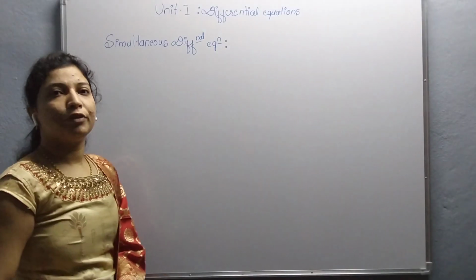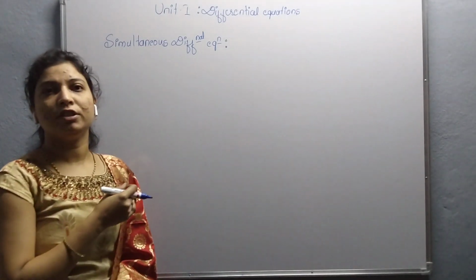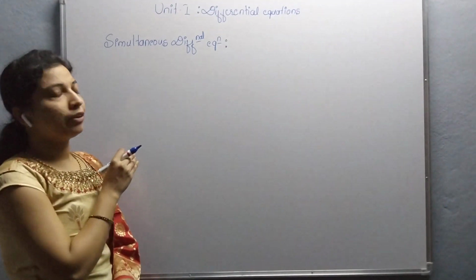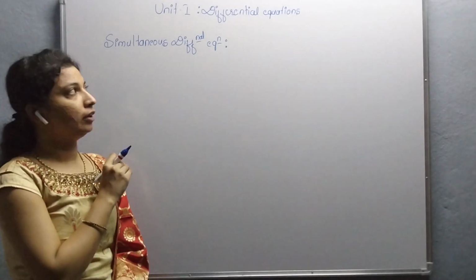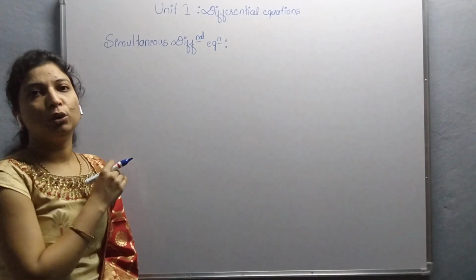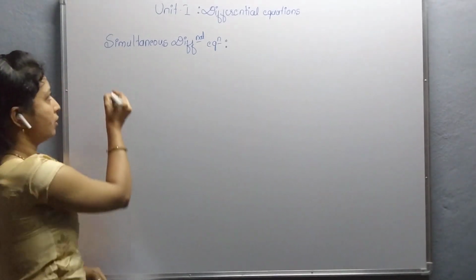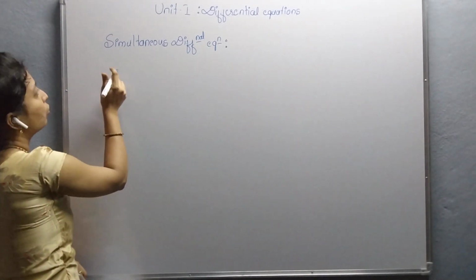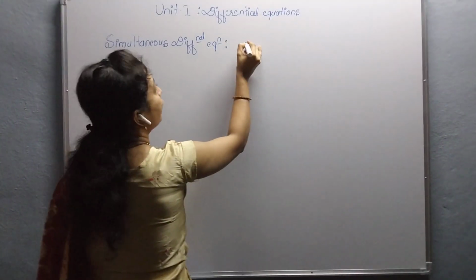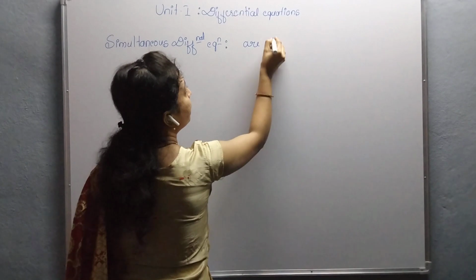The simultaneous differential equations are also differential equations. In this equation it contains only one independent variable and two or more than two dependent variables. So here take down the definition. Simultaneous differential equations are the differential equations